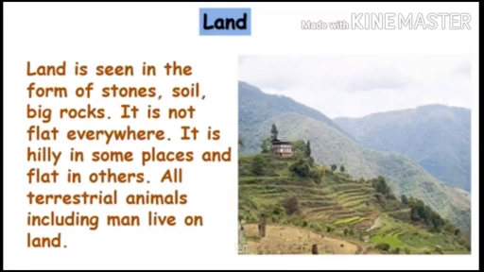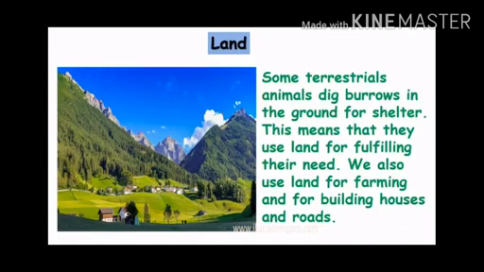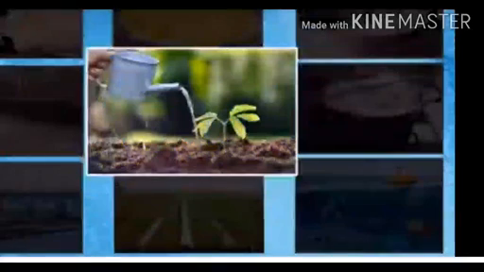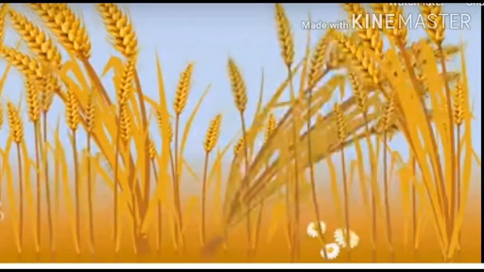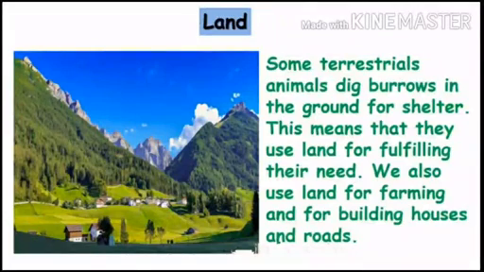How do terrestrial animals live on the land? Some terrestrial animals dig burrows in the ground for their shelter. This means that they use the land for fulfilling their needs. We also use the land for farming. We grow crops by farming on the land, and the land is useful for building houses and roads